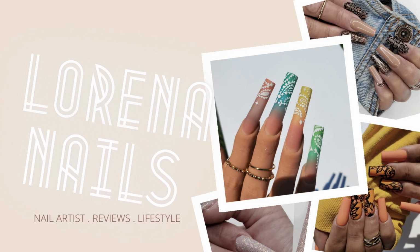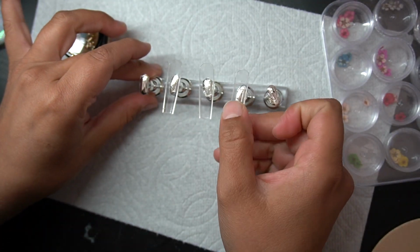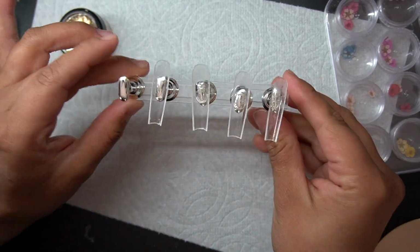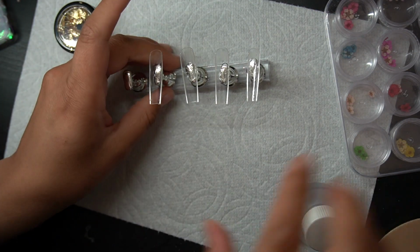Today we are going to be showing you guys how to do an encapsulated nail. I am going to be using Gelx tips from Chon Legend, and these are one of my favorite tips from Prey. I love the apex on them and the little C curve at the bottom, and I am attaching them with this double-sided